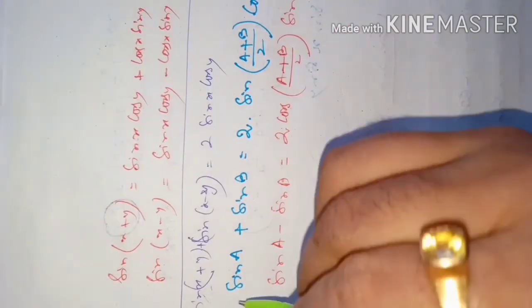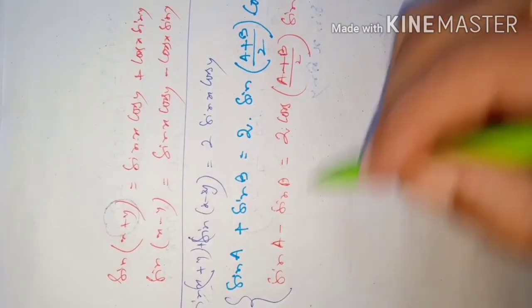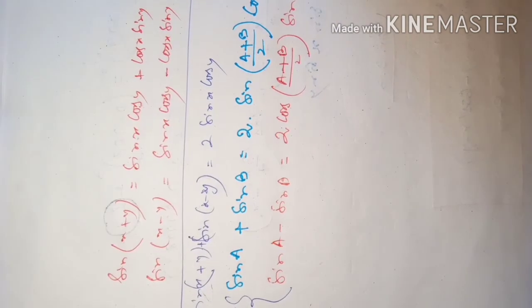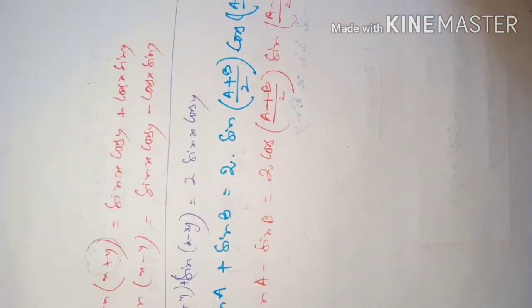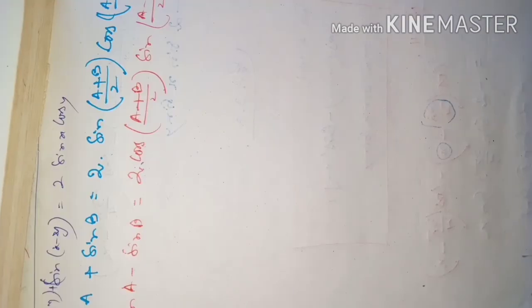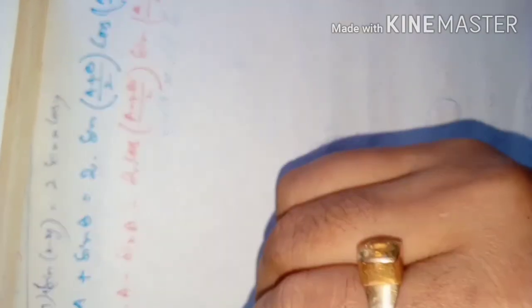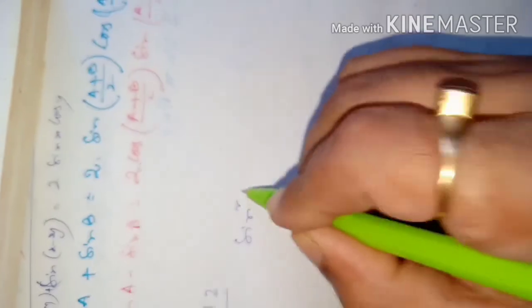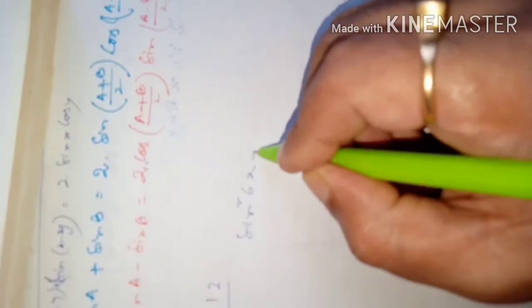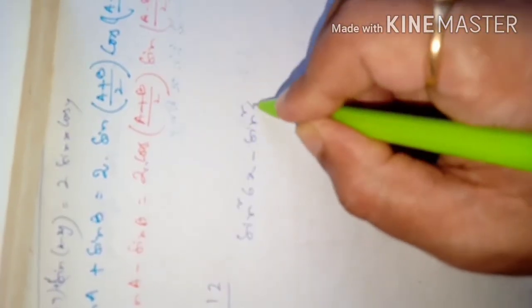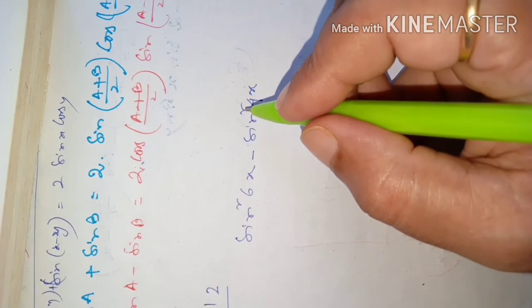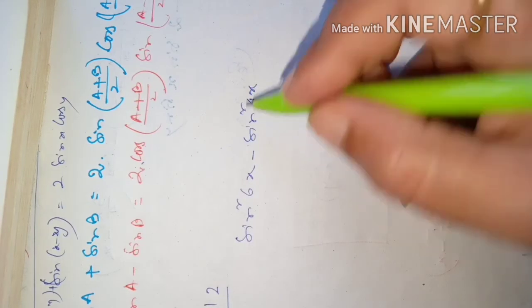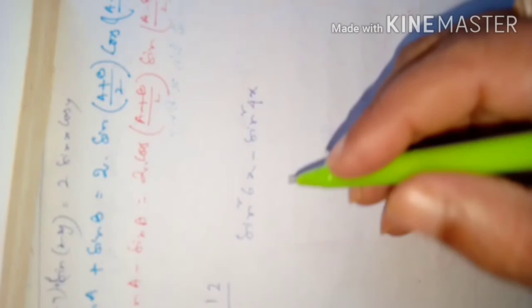So now in our present question, there is scope for applying these two identities. Okay, dear students, we will apply these two identities now. Let's see. Now let us take the question, question number 12. Sin square 6x minus sin square 4x, and the right hand side is sin 2x into sin 10x. That is our result, no?